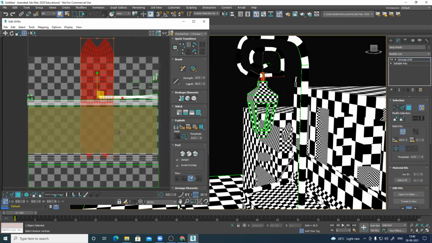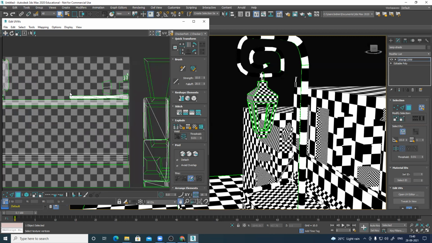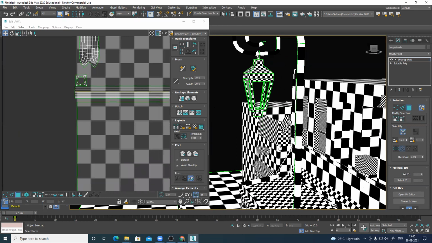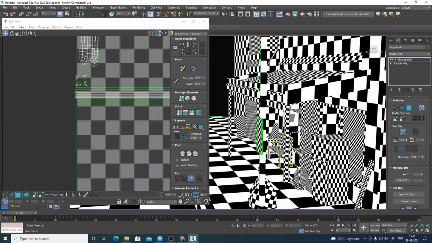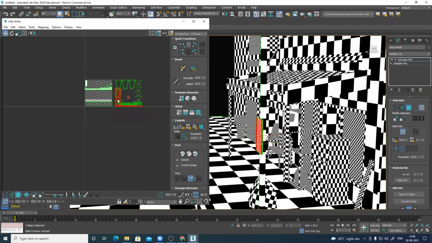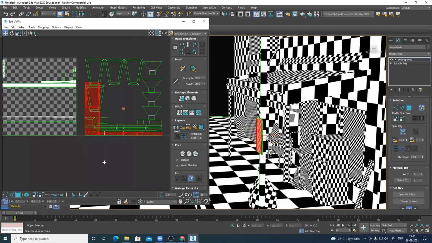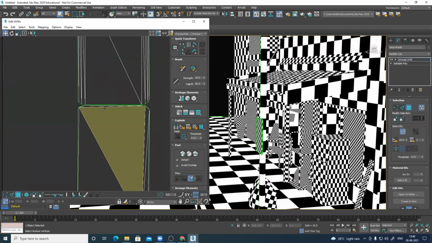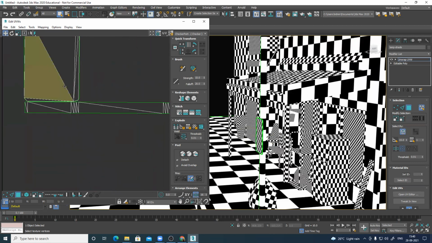It's way too big. Reduce. And here, where is the poster? This is the poster. What is it? Why is this section separated?